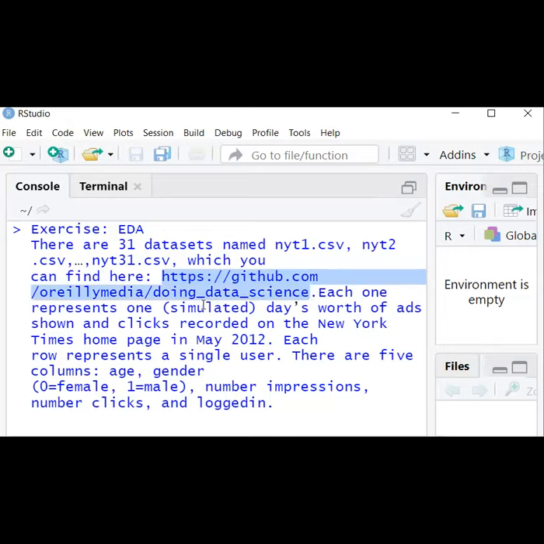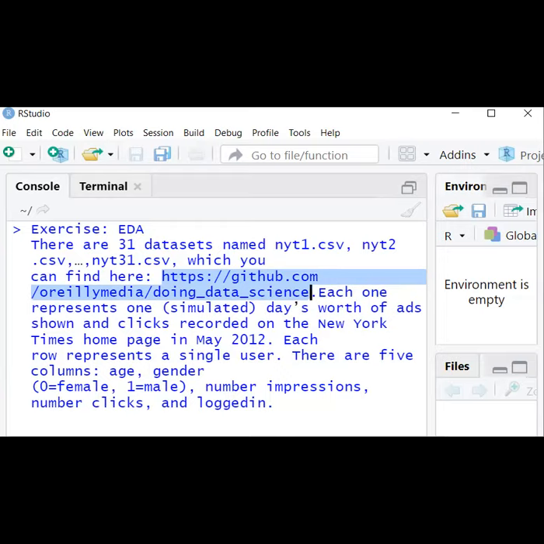Each data set represents one day's worth of ads shown and click records. That was done in May 2012. Each row in that CSV file represents a single user. There are 5 columns: age and gender.